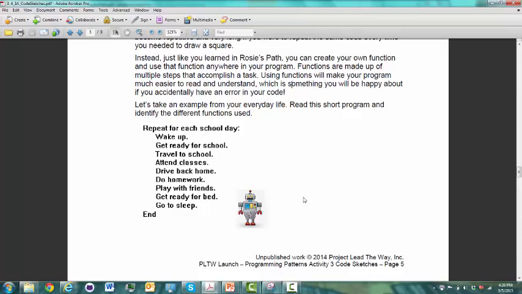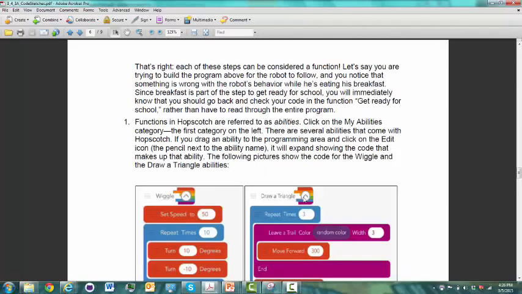So, you know, travel to school has many more steps in it than just travel to school. And getting ready for bed has more steps in it than just those few words. You may need to go upstairs, you may need to brush your teeth, read a book, turn off the light. So those would be the steps of the function. So after establishing that connection for the students,